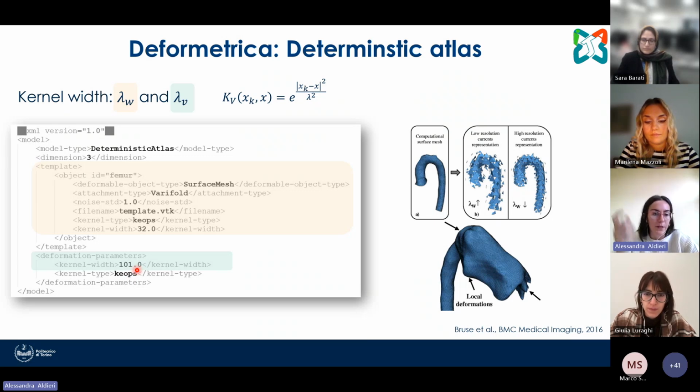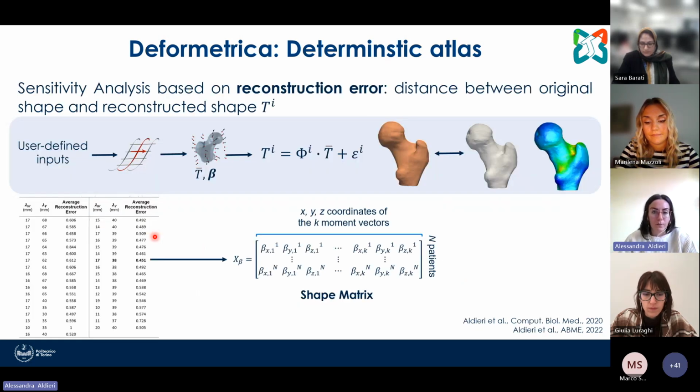And these parameters, of course, are related to the stiffness of the deformation. So as we lower lambda V, we make this elastic transformation less stiff. This might be dangerous because we might get, as highlighted here, meaningless and unrealistic deformations. So we must be quite careful in defining these two numbers, the two kernel widths, and to understand which are